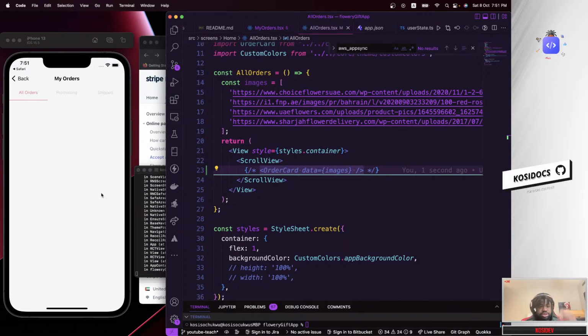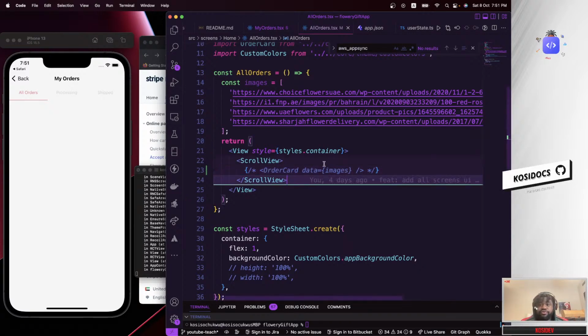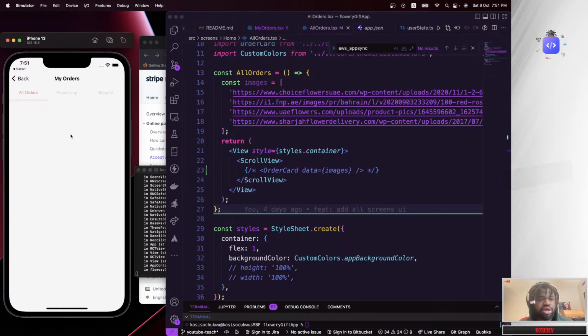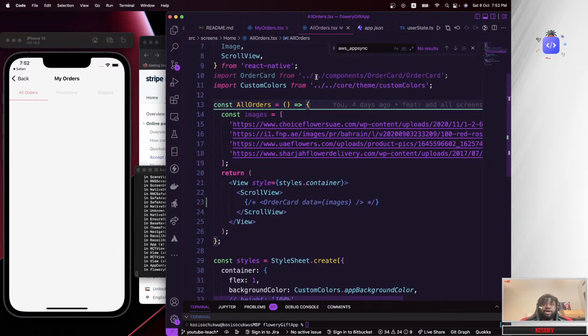So let's see. We have a scroll view, which inside there we have an order card. In this case, we still want to change that. So what do we change? Yeah, so I'm going to go over here, create a recoil value, which I'm going to get from user data model state.